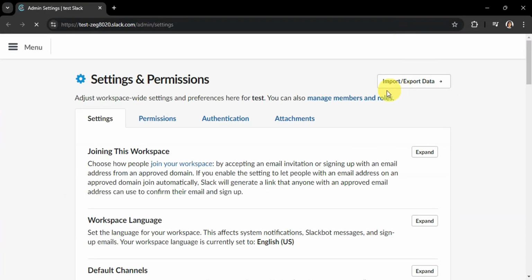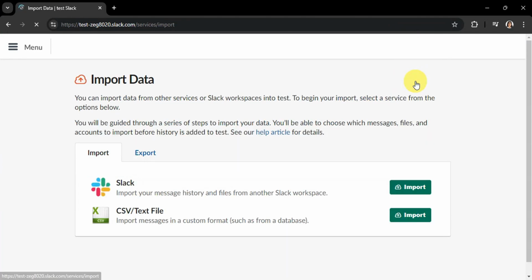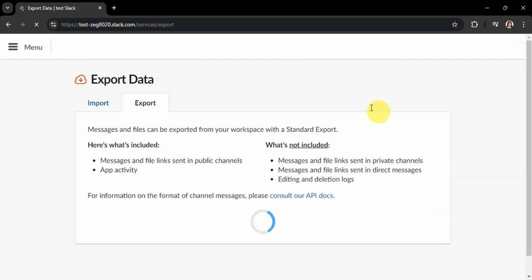So here, you should be able to find it on the upper part, the import or export data. Simply click onto that, and there should be an option for you to import the data in your device. To download your conversation, you'll have to find the one under export in here. So click onto export, and as you can see, you could export the messages and files that are in that